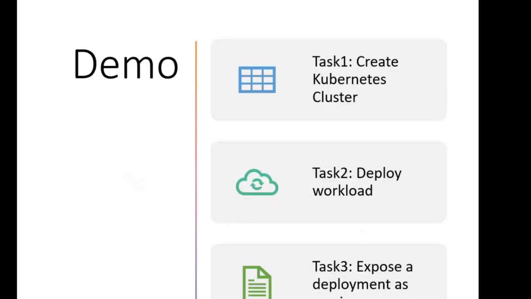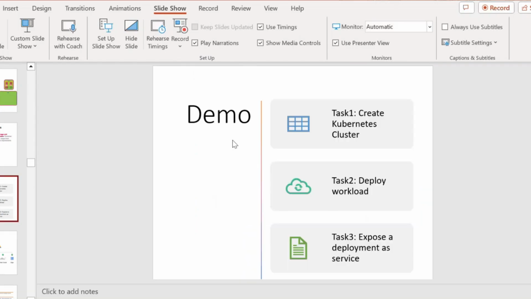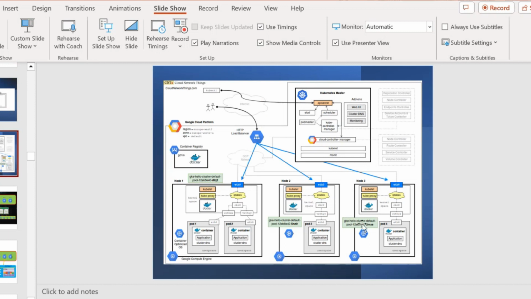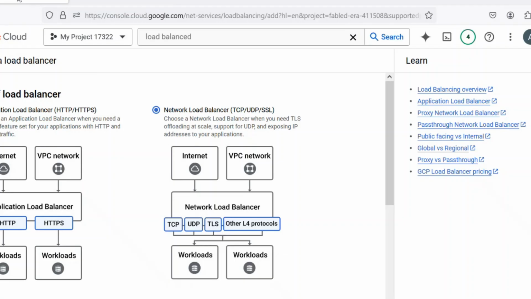Now let's see the scenario. Just now I told you, this is how a GKE looks like. Okay, fine. Now what I want to do is deploy a containerized application inside a GKE. That is my requirement. If that is the requirement, just see here, I'm moving inside our